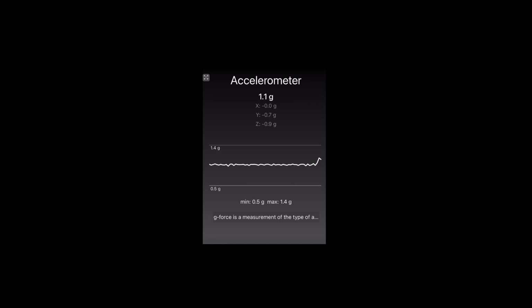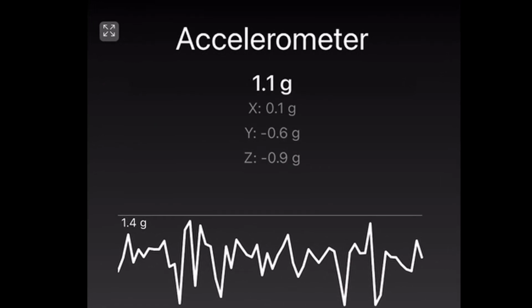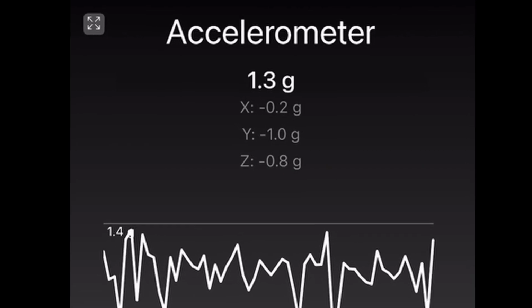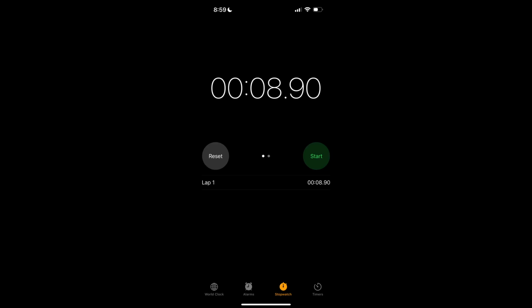On our first trial, we found that we pulled a max of 0.8 Gs in the horizontal direction. And on our second test, we pulled 0.7 Gs, which means that the app is fairly consistent in the readings we get. Now, to compare this, we also took the time it takes for me to go from 0 to 60 miles an hour